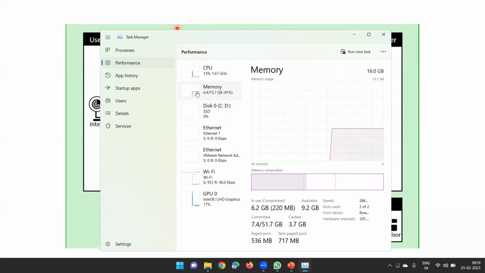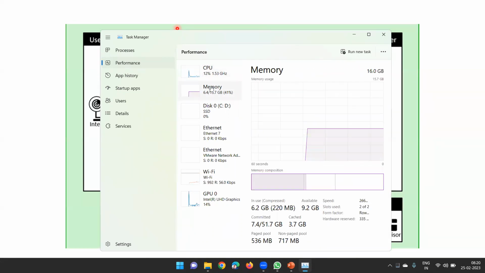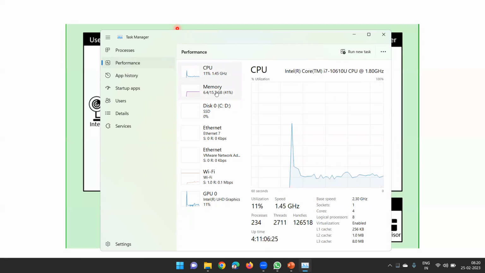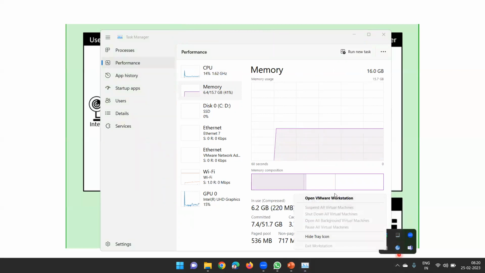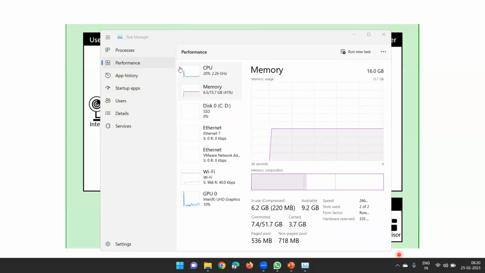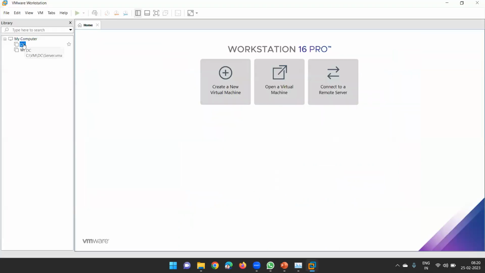So that Windows 10 is only utilizing like 6.4 GB of RAM, and the rest of the RAM is free, right? So with the help of virtualization or with the help of a hypervisor, we can utilize any hardware up to its maximum efficiency. Okay. So for an example, on my machine, I have installed one hypervisor. In my case, my hypervisor is VMware Workstation. Okay. So on this hypervisor, if I turn on this machine,